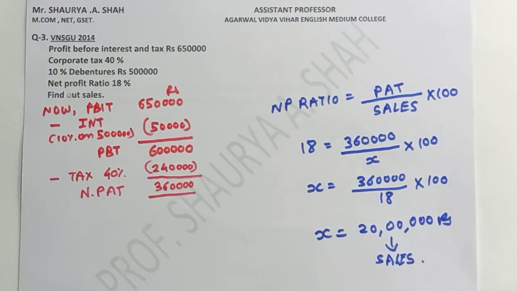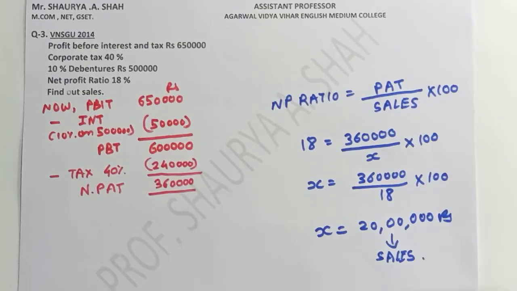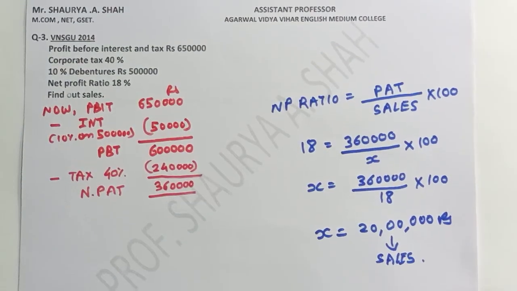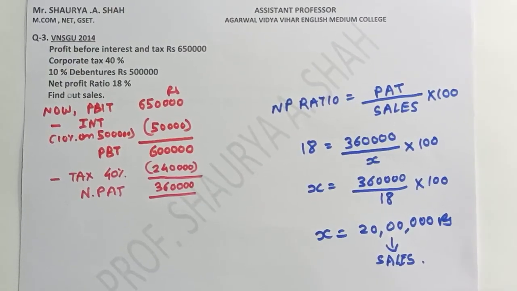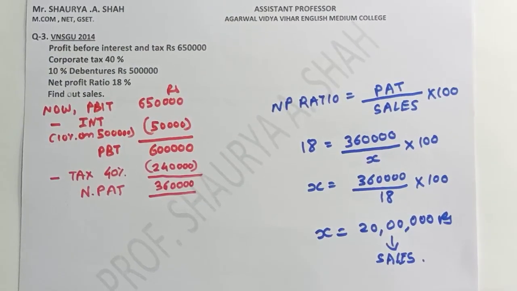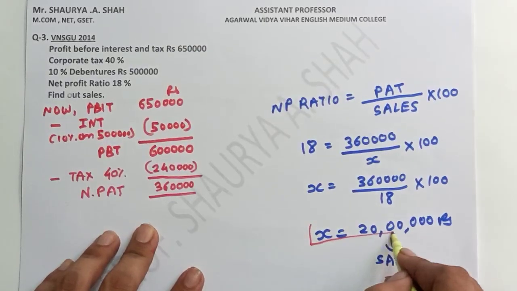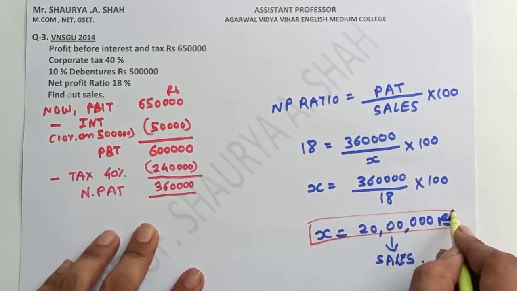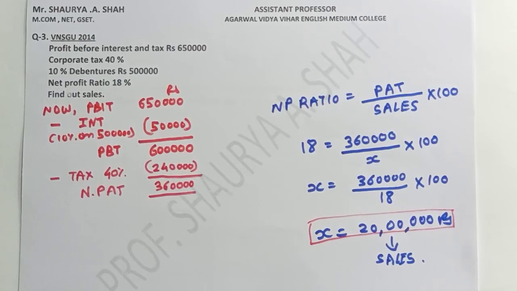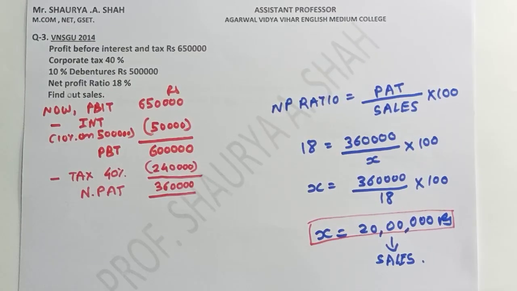So if you analyze the sum, dear students, then each and every information which is given, you can use that and you can find out further for the various formulas. I suppose it is clear to each and every student. Fine. So this was your short sum number 3. The value of the sales you need to find out, that is 20 lakh rupees. Is it clear to each and everyone?